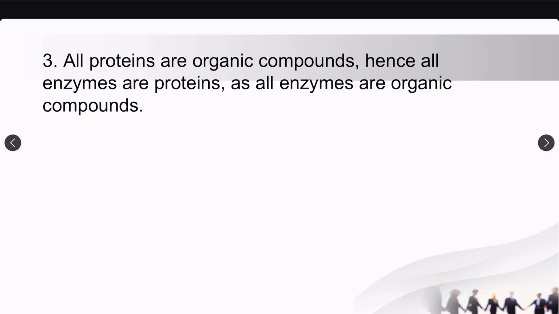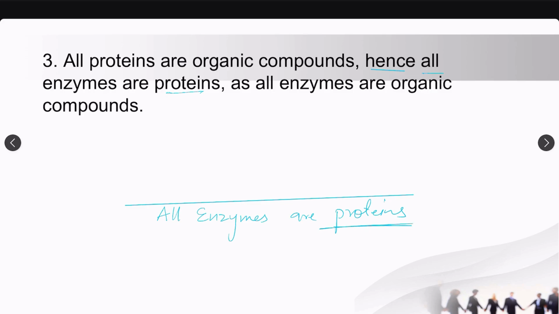So here what you can see is that all proteins are organic compounds, hence all enzymes are proteins. So here again we have the conclusion that all enzymes are proteins, and similarly all proteins are organic compounds and all enzymes are organic compounds. These are your predicates. So you have to look for proteins, because this is your predicate term, proteins is here, so this will be your major premise. All proteins are organic compounds, and then all enzymes